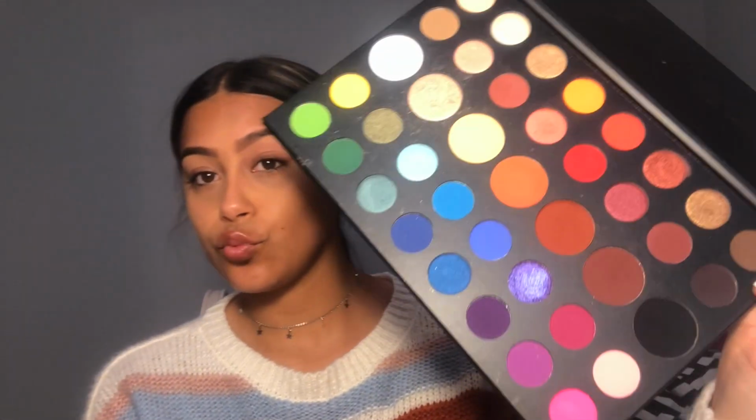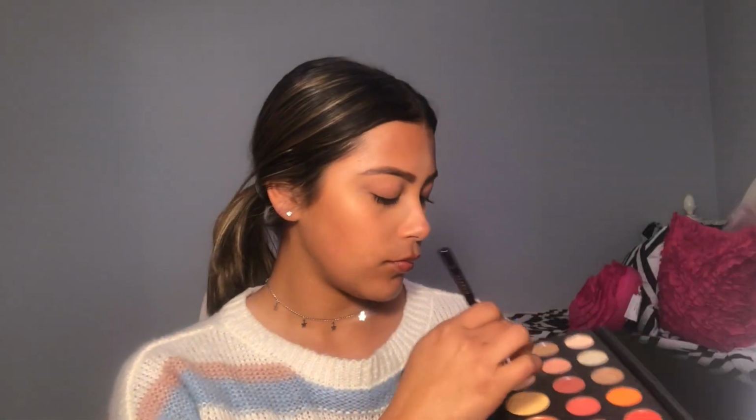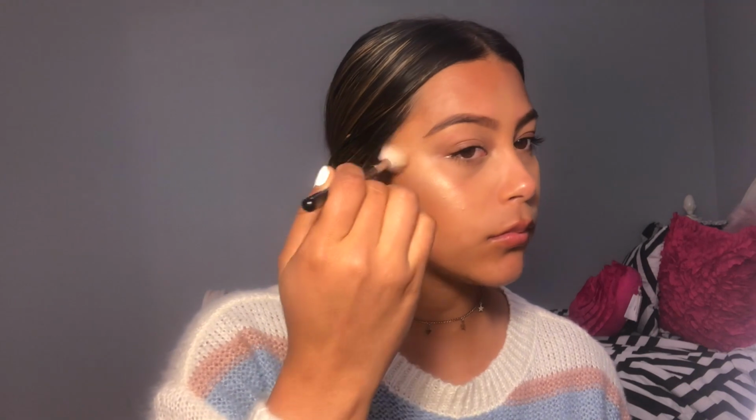My favorite step, highlight. So I'm using my James Charles palette and I'm using the shade Face for my highlight. The best highlight, honestly, ever. I really wish they sold it separately, but look at this. Wow. Wow. You are missing out if you don't have the palette,